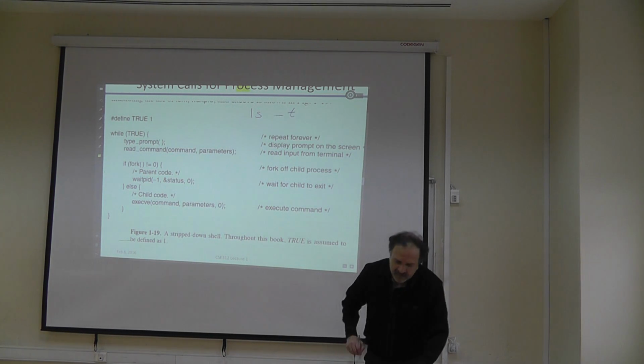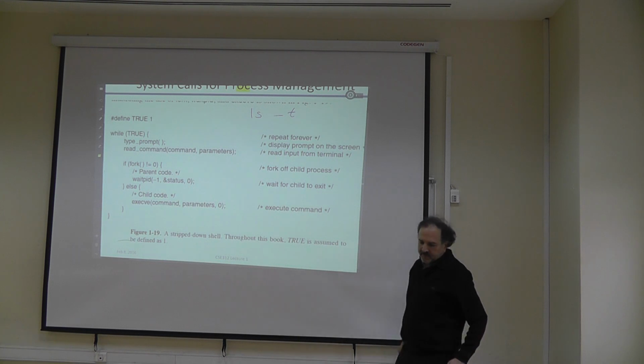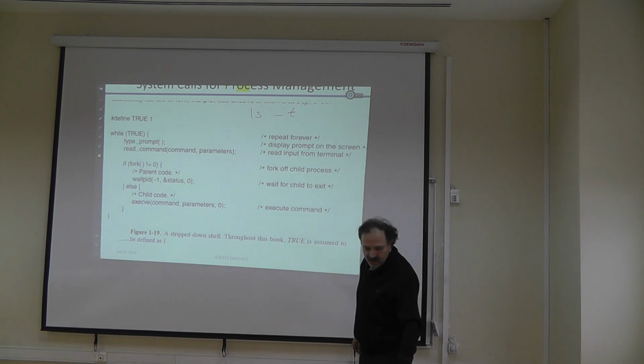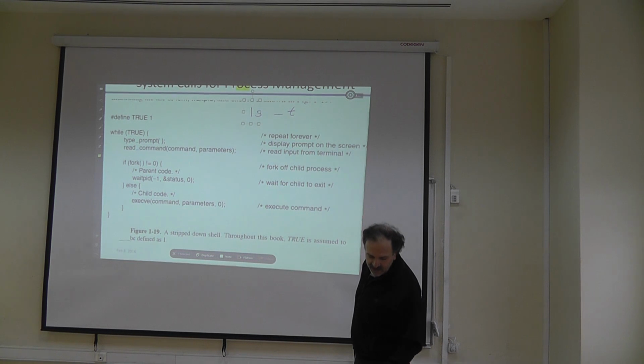What does this do? ls minus t lists the directory contents, sorted by the modification time. Okay, so these two are written by yourself, very simple functions. You read that command is ls and minus t is the parameter,